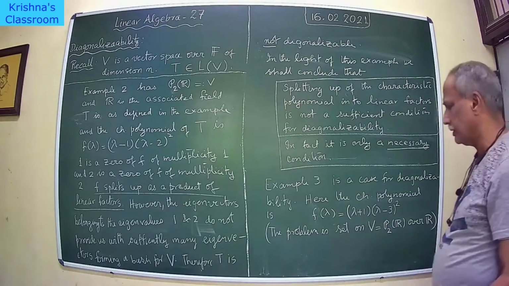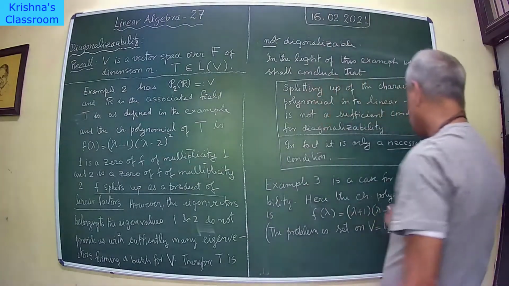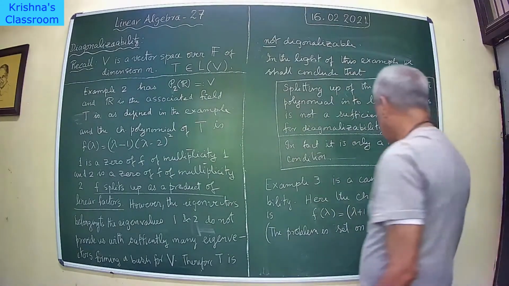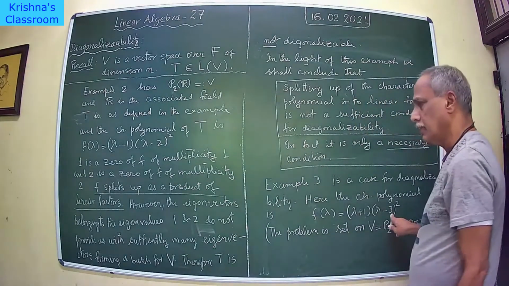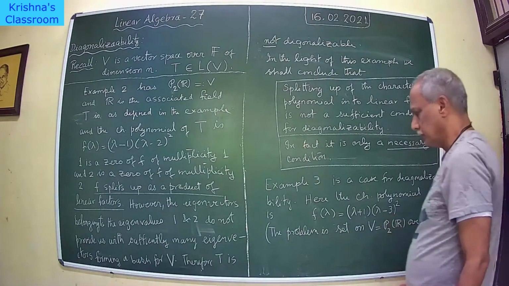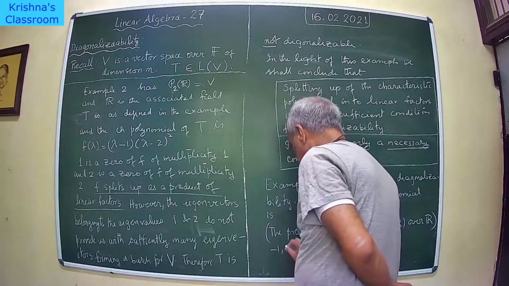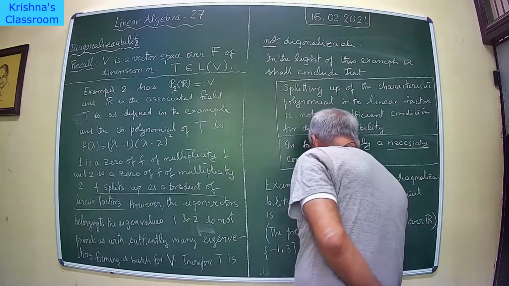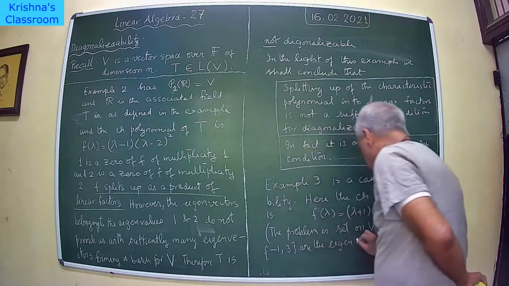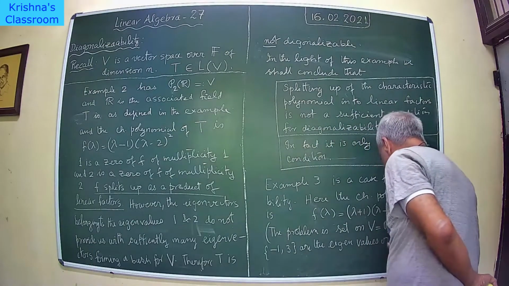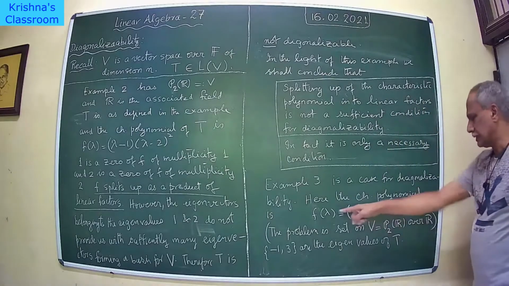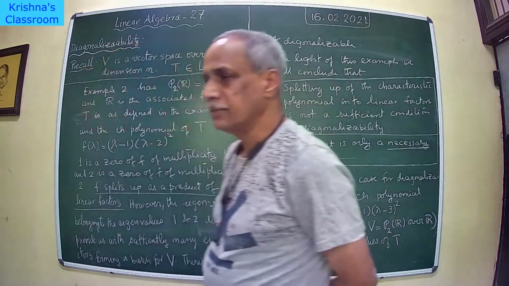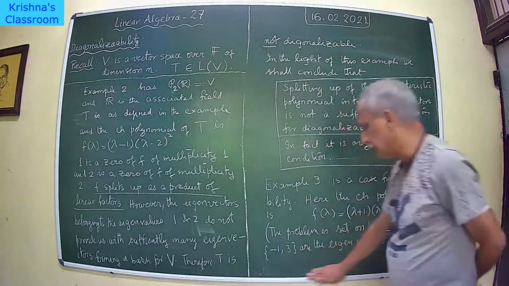So T is a linear transformation. This is given in the problem, and this is the characteristic polynomial. And we have seen that minus 1 and 3 are the eigenvalues. And it splits up into a product of linear factors. So it is possible that it diagonalizes. Our investigations have shown that